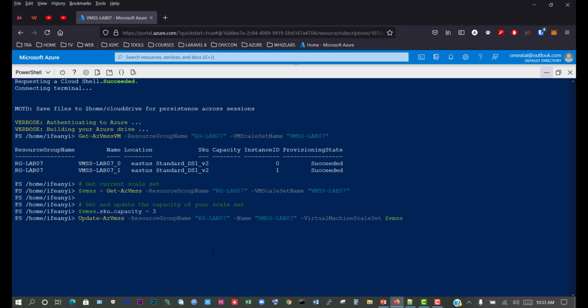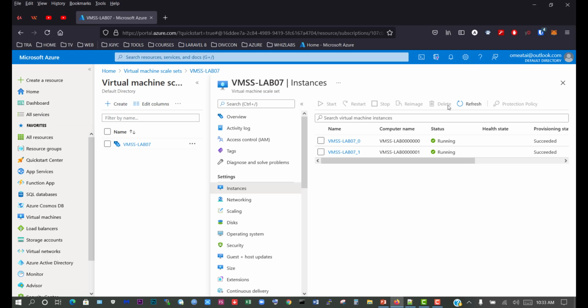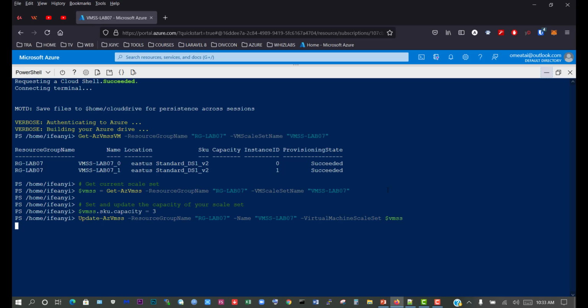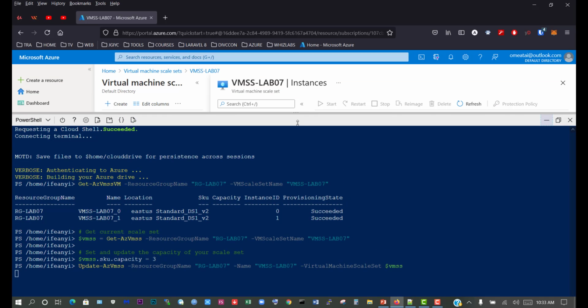So we'll give it some time to make our changes, and let's minimize, and we're going to refresh. And now we can see it's creating the virtual machine. That's the 3rd virtual machine that we would need here. Let me bring this down a little.